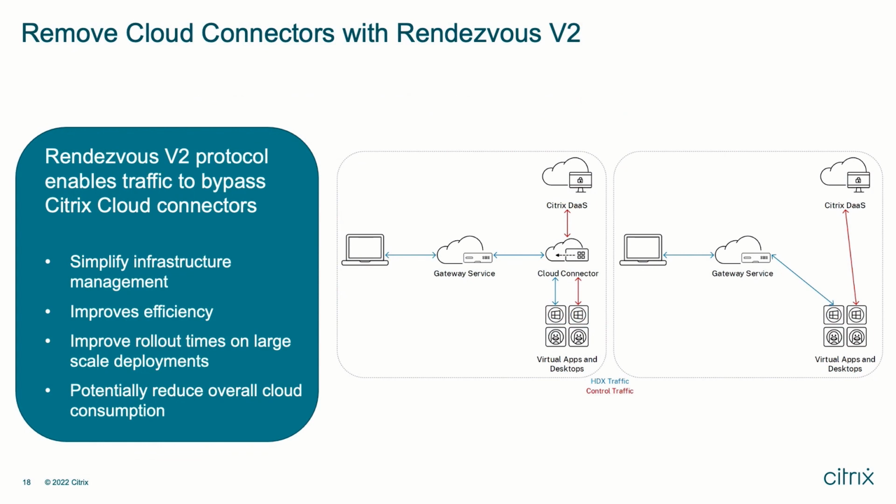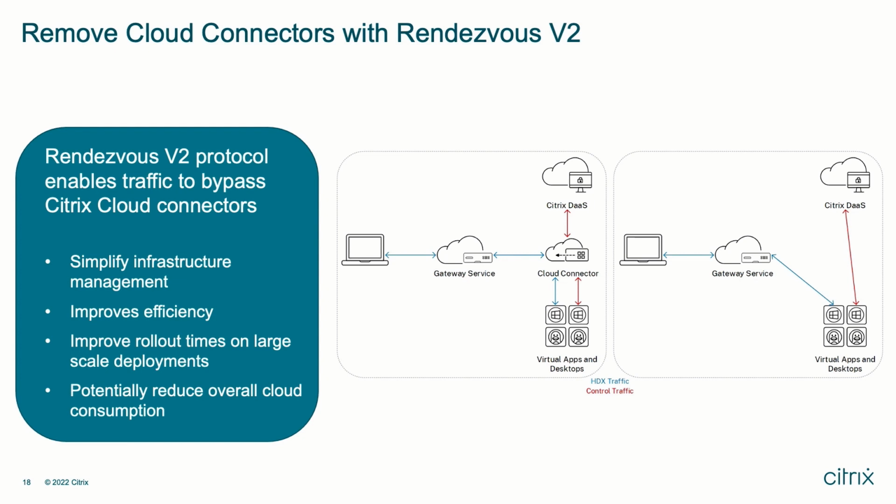Next, we have great enhancements to share about our Rendezvous protocol. And if you aren't familiar, in environments that use the Citrix Gateway service, the Rendezvous protocol allows traffic to bypass the Citrix Cloud Connector and communicate directly and securely with the Citrix DaaS control plane. Rendezvous v1 allowed this for HDX traffic, but still required cloud connectors to proxy all control traffic, like VDA registration and session brokering. But with the new enhancements in Rendezvous v2, it allows for that control traffic to bypass the